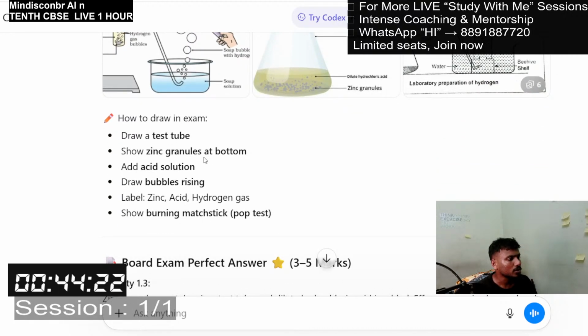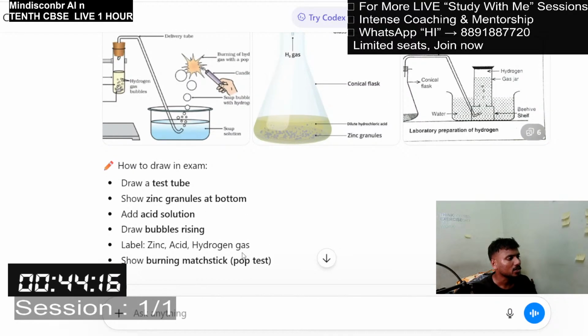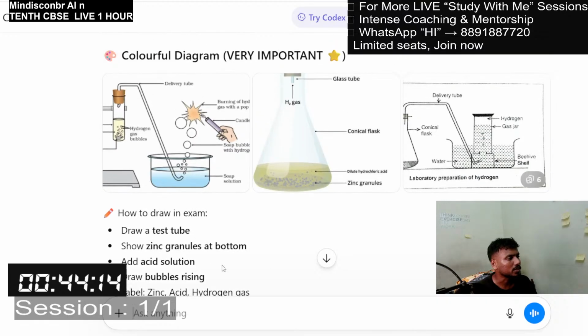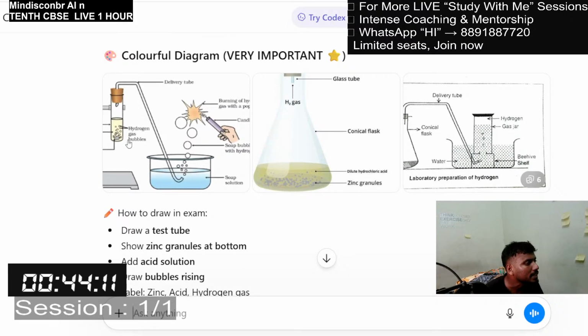Draw a test tube, show zinc granules at the bottom, add acid solution, draw bubbles rising, and label zinc, acid, hydrogen gas. Show a burning matchstick and a pop sound. Here we can see hydrogen gas bubbles are formed, and by using a delivery tube we connect this hydrogen gas